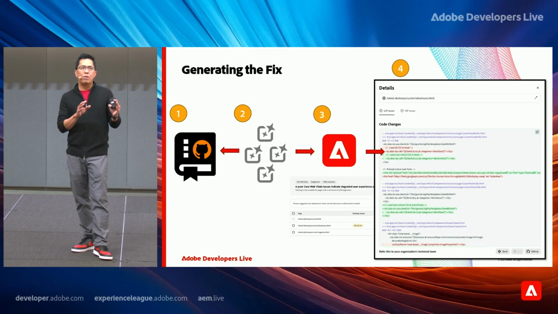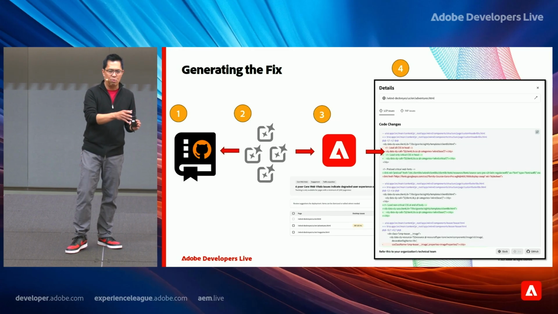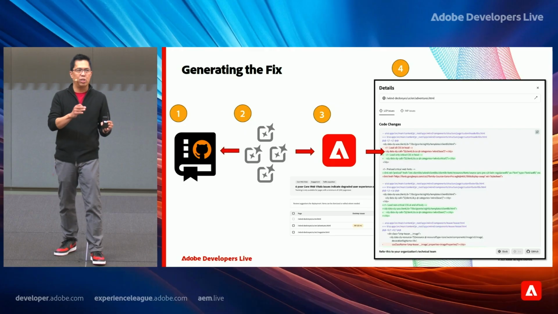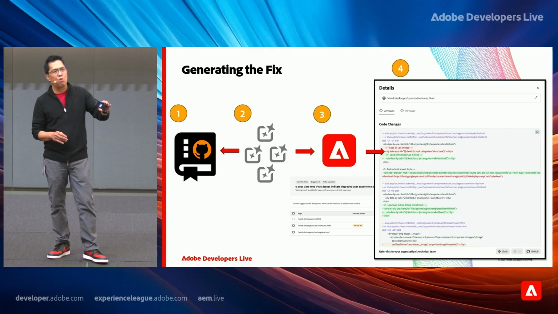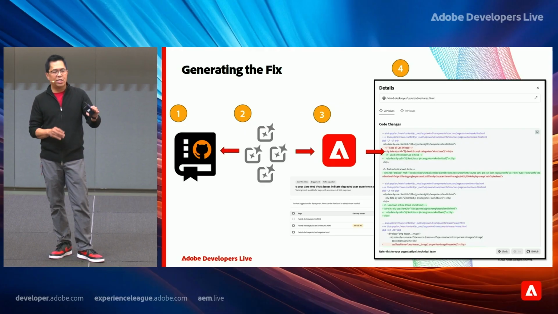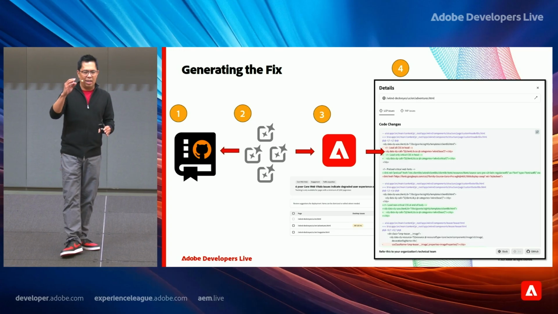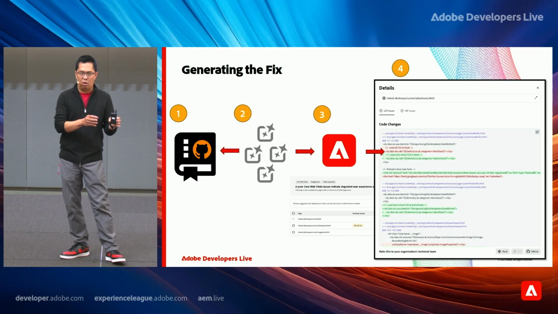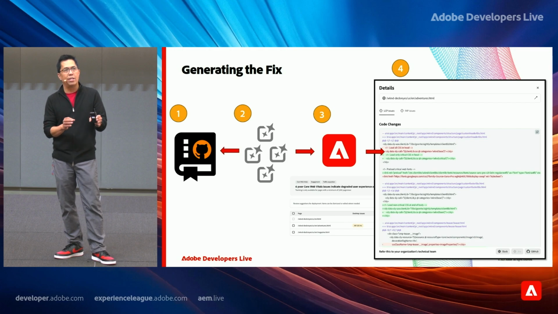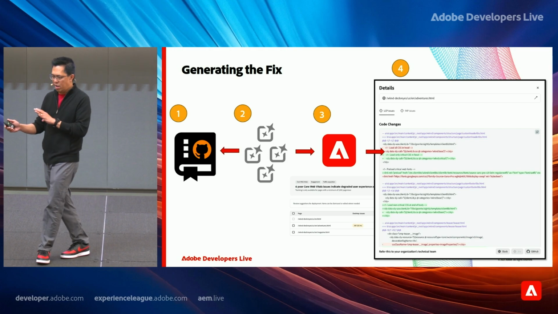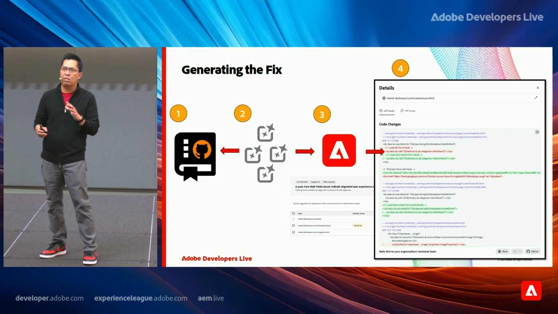And then when the opportunity is identified, number one here, the system moves from audit to action, right? So it fetches the relevant project source code tied to the issue. And then number two, the optimization agent would analyze the code, pinpointing performance bottlenecks such as blocking scripts, inefficient CSS, and oversized